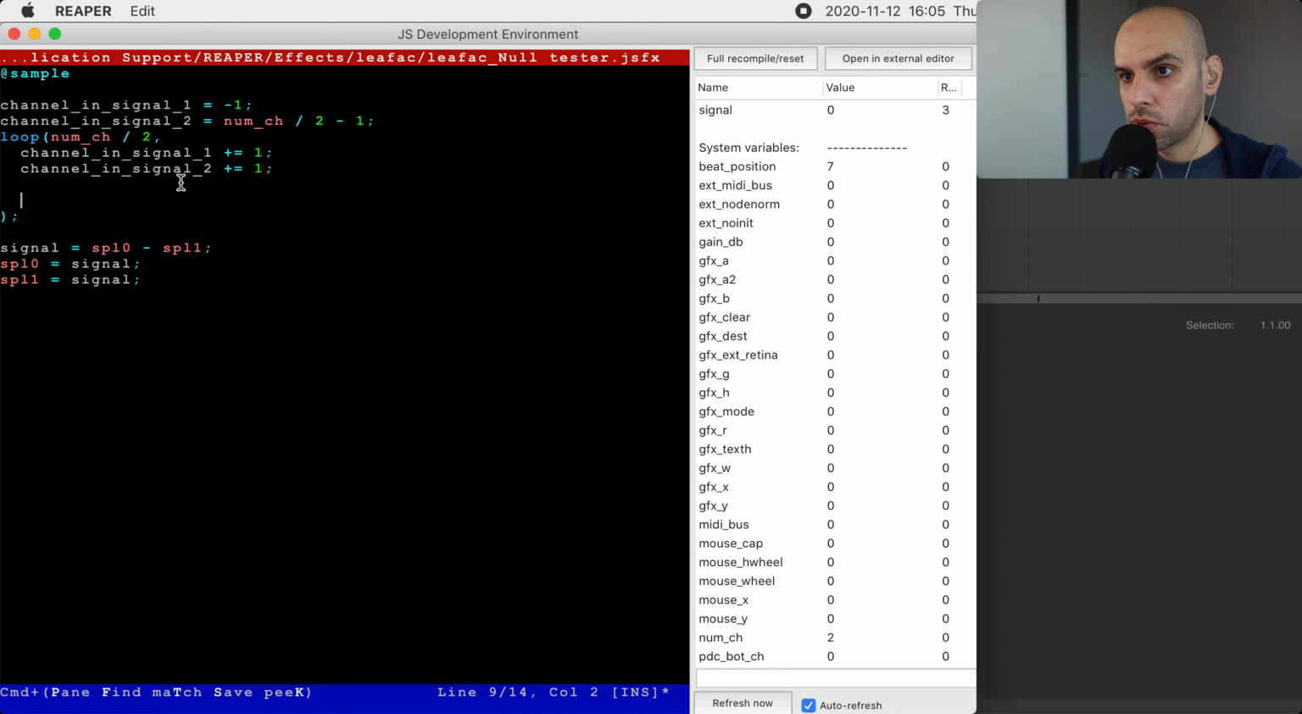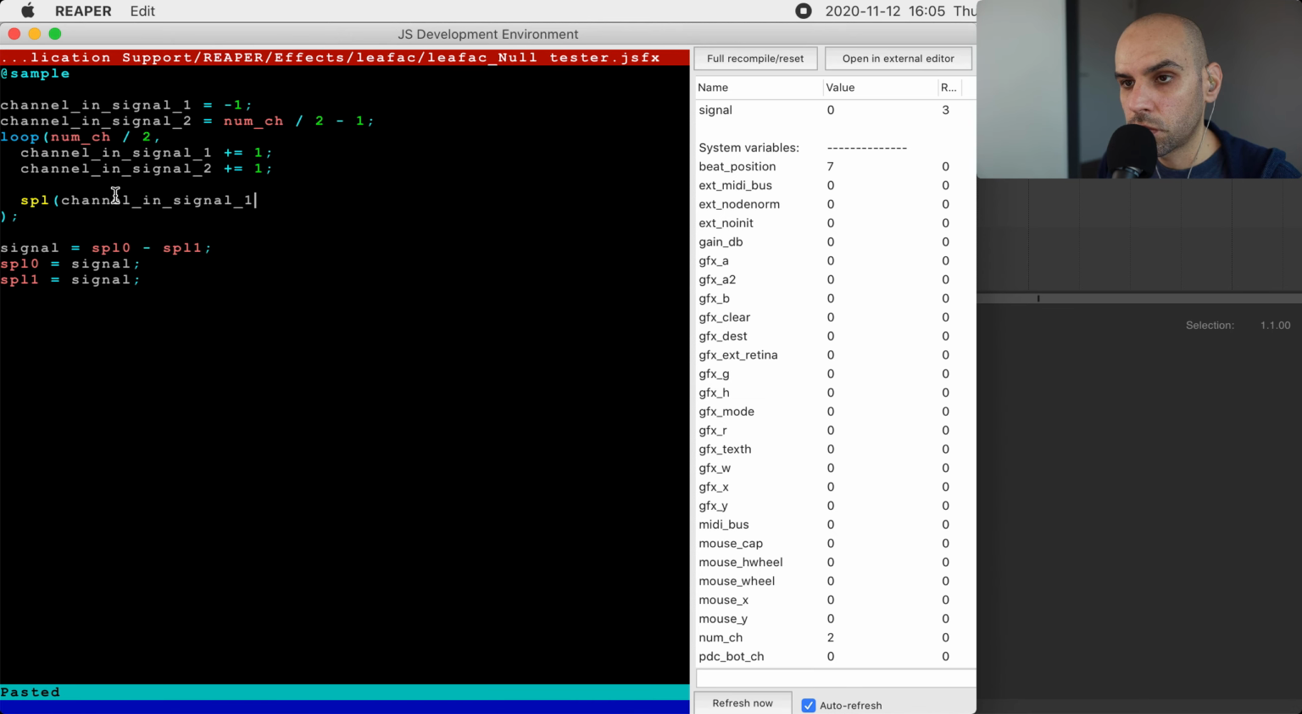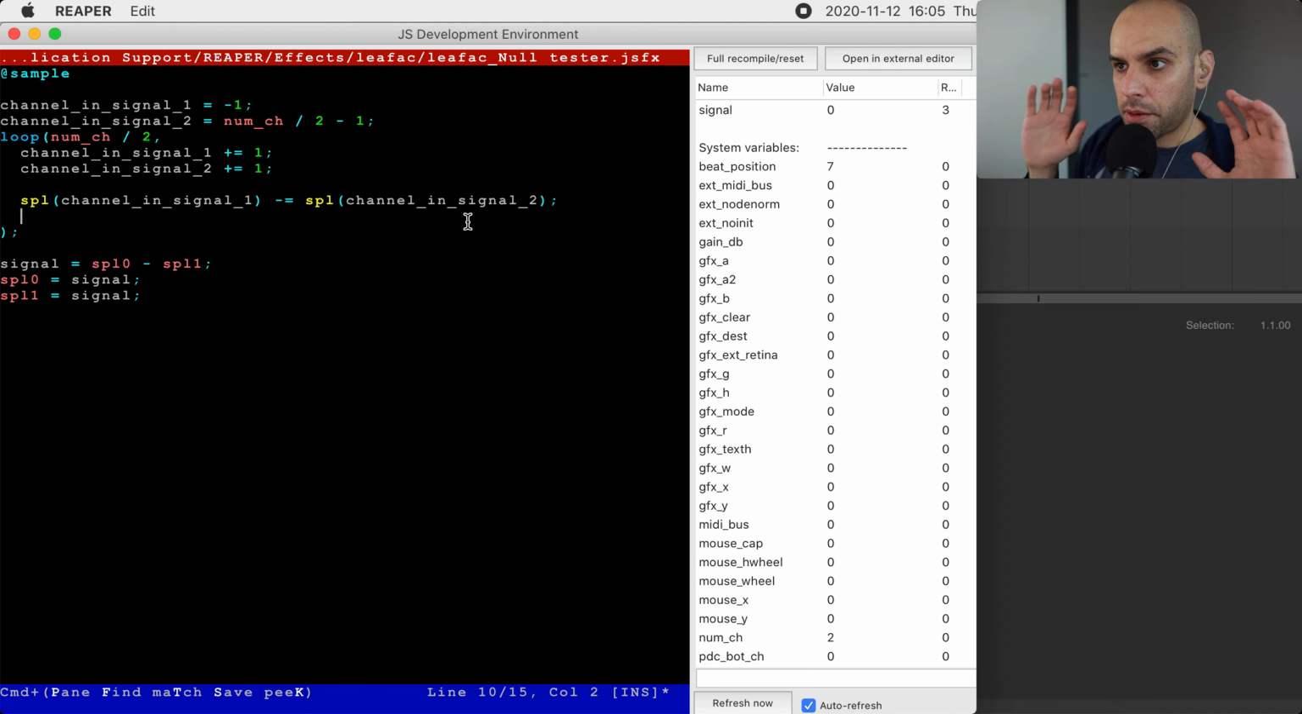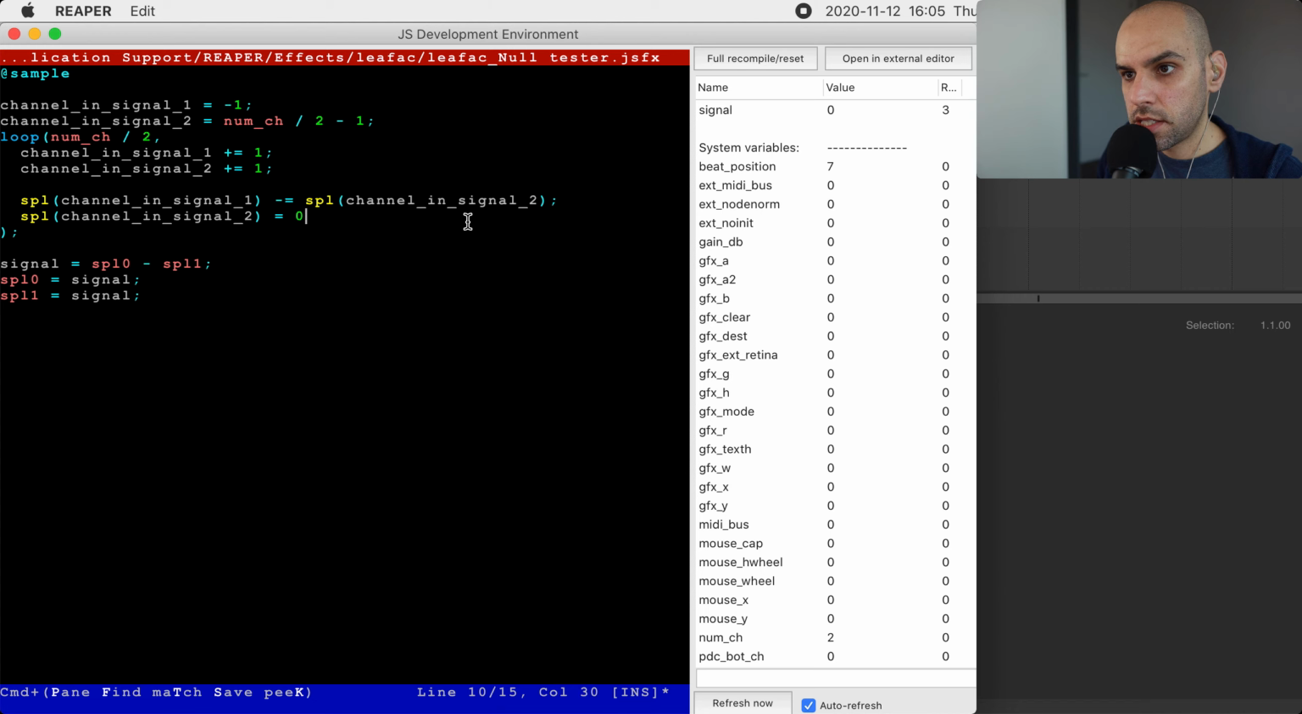And now I can do the comparison between the channels. So I will do sample in channel, the signal in channel 1 minus equal the sample with the signal in channel 2. And I don't want the signal in channel 2 to output at all. So you are going to have, let's say, 16 inputs and only 8 outputs. So I definitely want to take this and zero it, so you won't hear any, it won't produce any sound